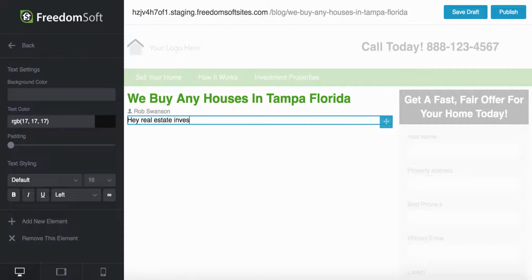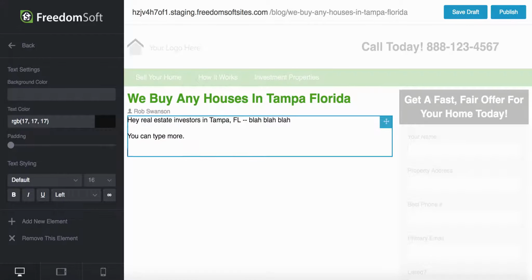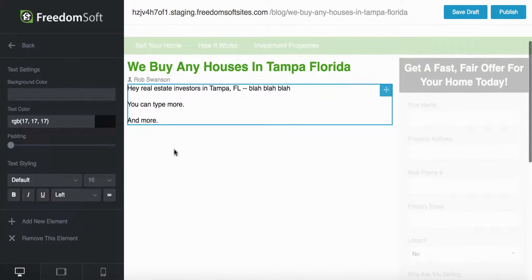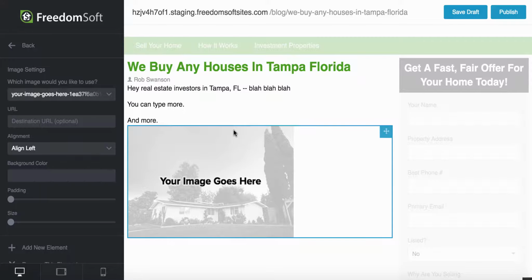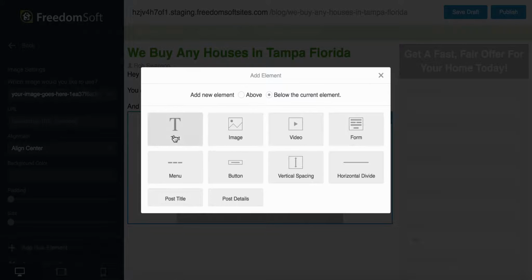Hey, real estate investors in Tampa, Florida, blah, blah, blah. And you can type more and more. And so now you can type out your blog post content, and you can still manage everything else, meaning you can add a new element to this page. So if I add an element right here, let's say I want an image in this blog post, I can add an image, and then I can put that image in the center. And now I can go here and I can add another element and keep writing